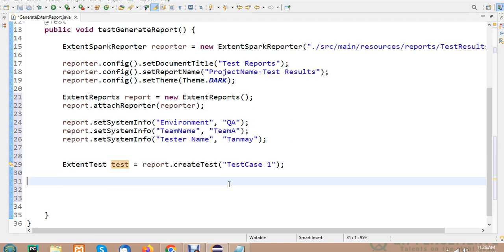तो आज के सेशन, अभी आज के वीडियो में मैं इतना ही आपको डिफाइन करके बता रहा हूँ कि जब आप रन करोगे then what will be the output and how the report will look like. Alright, so once you have defined this, then you can write down test dot